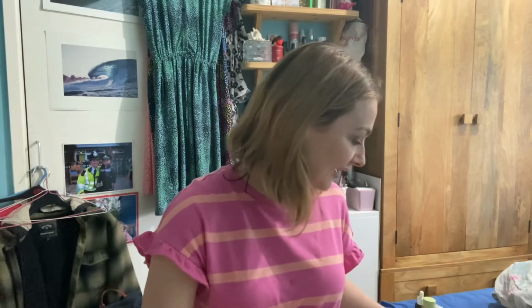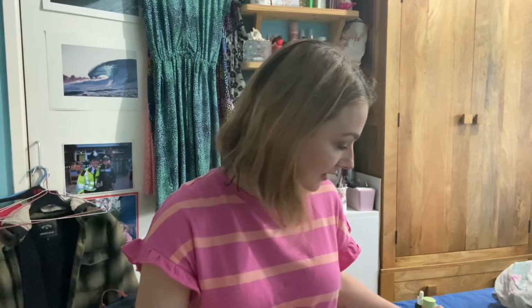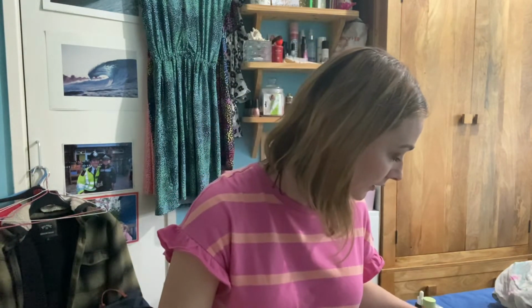So yeah, it's a good job, because I've got another one of these to use up, which is in this project. So next item, let's go with another Pixie product. There's a lot of Pixie in this. I'm really annoyed with myself because I didn't measure these on a bit of paper at the start, but